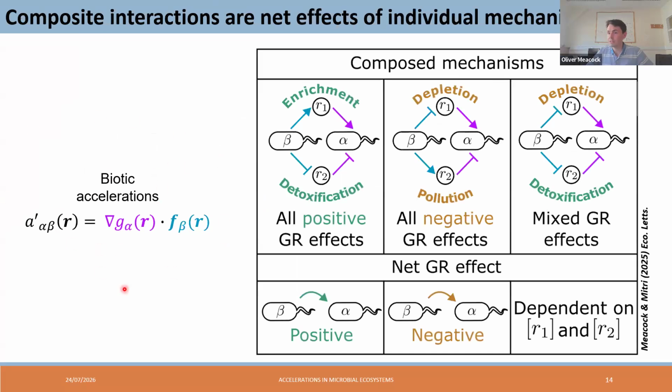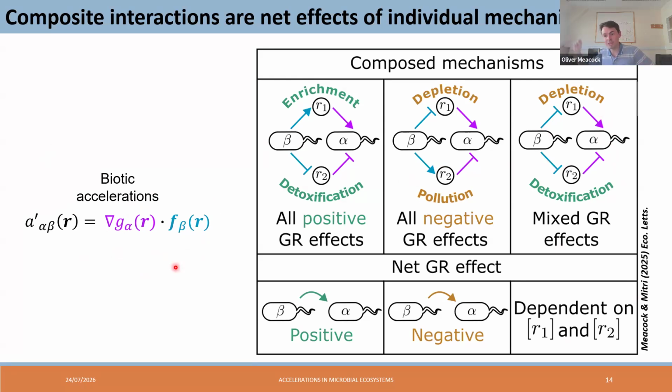And just a final slide on this introductory section, just to again re-emphasize this idea of an interaction being mediated via different mechanisms. As I was describing before, we've got this net interaction, which is a combination of multiple different mechanisms occurring simultaneously. If we look at this scalar product down here, that's exactly what's represented by this biotic acceleration. So we've got the growth rate impact of each individual mechanism, which is the product of how much that